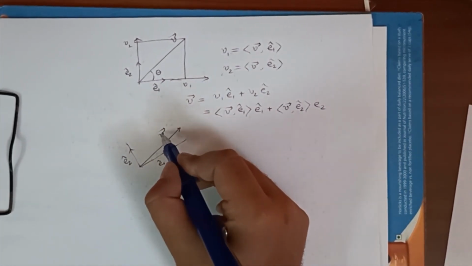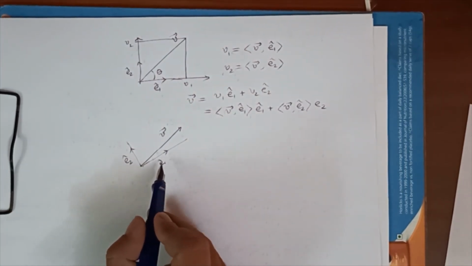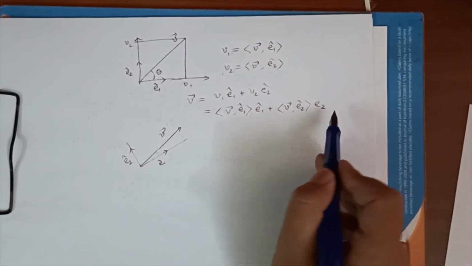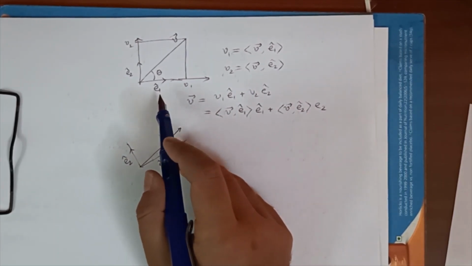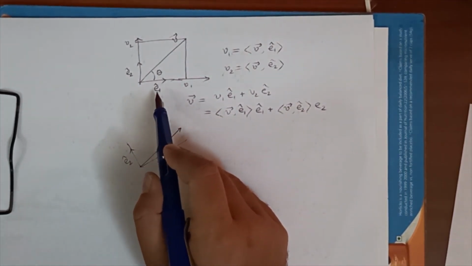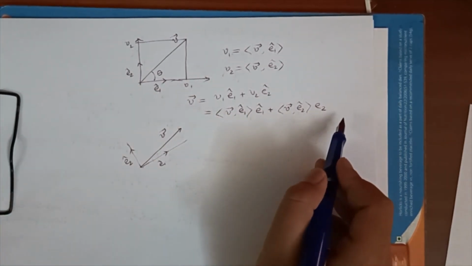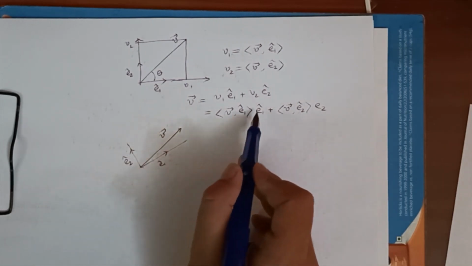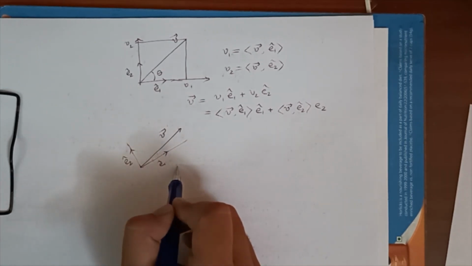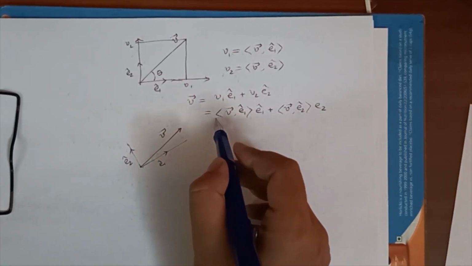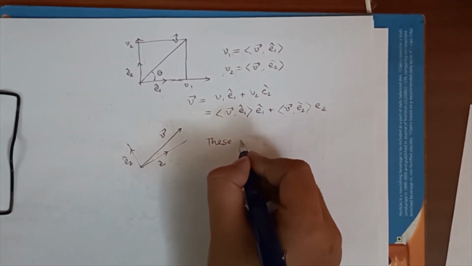You can represent V with respect to those two unit directions, those two unit vectors, by this equation, and this representation will not be unique anymore because they are unique only with respect to the chosen orthonormal unit vectors. If the orthonormal unit vectors are fixed, this representation is fixed. Otherwise, you have to compute this in that new direction with respect to the newer orthonormal vectors, and you have to compute this.